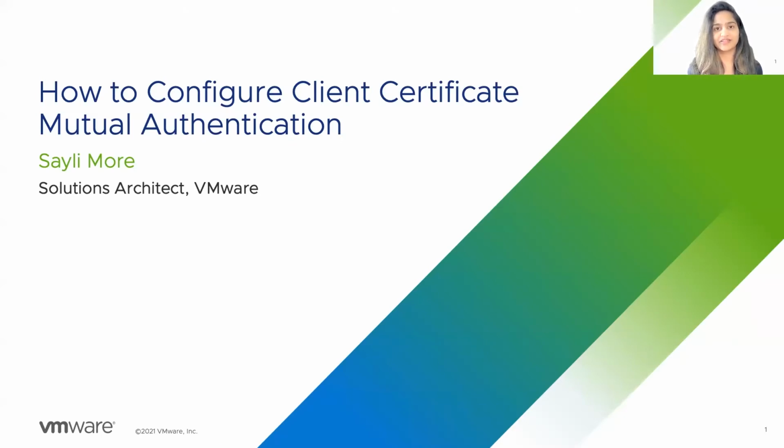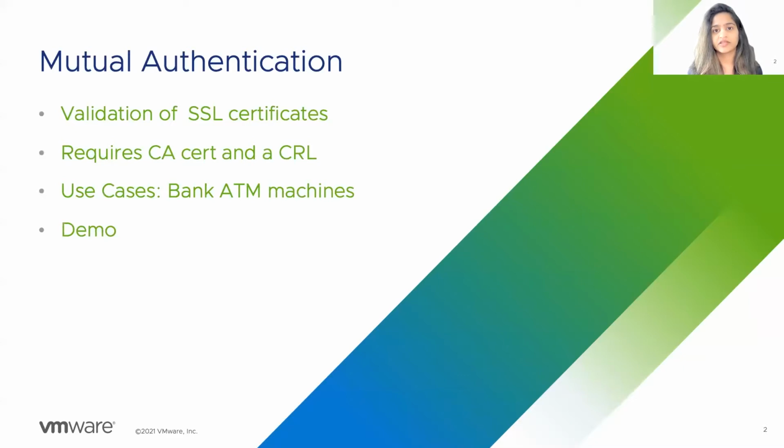My name is Saili. Today we are going to cover the topic of how to configure client certificate mutual authentication using AVI. Before we head on to the configuration, let's understand the concept. What is mutual authentication? It is a process to validate SSL certificates presented by the client against a trusted CA or CRL. The CA is used to check that the client cert was indeed signed by the CA,